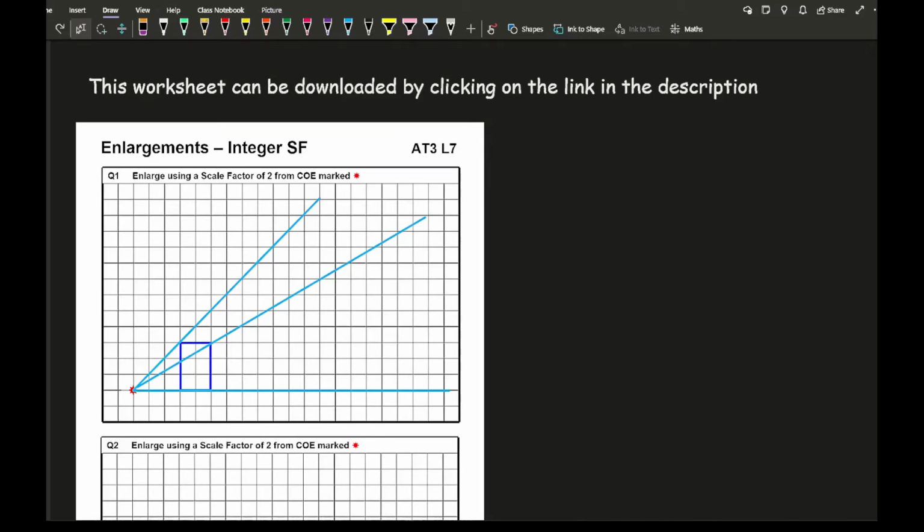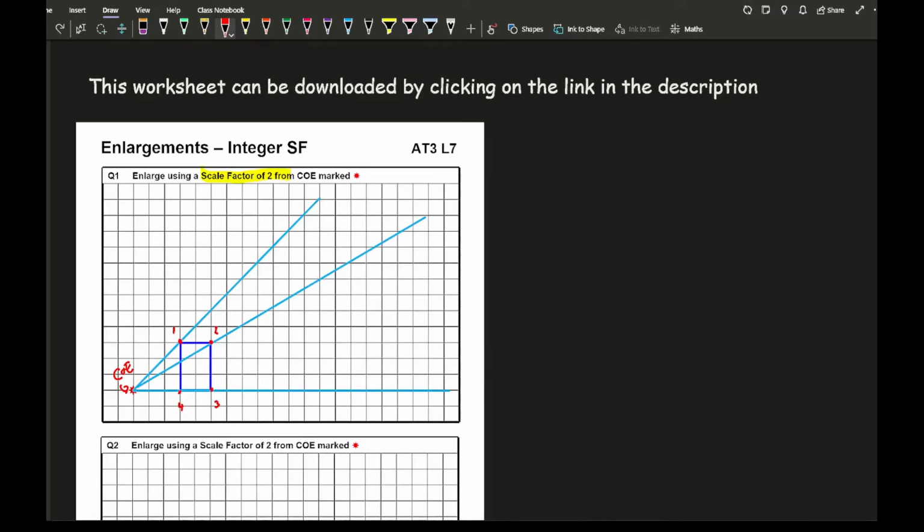So looking at question 1, we want to enlarge this shape by a scale factor of 2, and we're also looking at a squared grid. So we're not looking at a set of axes, we've just been given some squared paper and we've got a shape. Now here we have got our centre of enlargement, which I'm going to label COE, and there it is. And I've drawn my projection lines through the 4 vertices of the object, which is a rectangle in this particular case. Now, typically what I want to be doing is I just label each of these points,